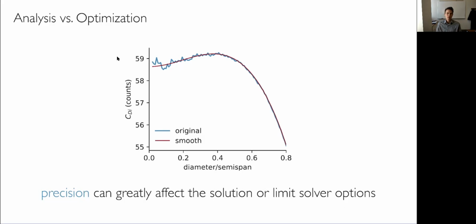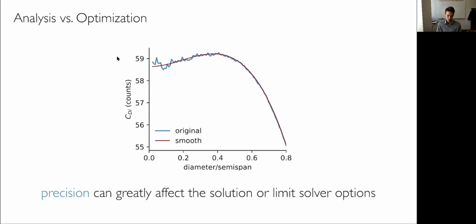For one, some of the algorithms require derivatives. And if the algorithm is noisy, like this blue line here, those derivatives are going to become nonsensical. And even if we don't require derivatives, depending on the level of noise, it can make it harder to predict the behavior and to converge well. So it's going to limit the type of algorithms